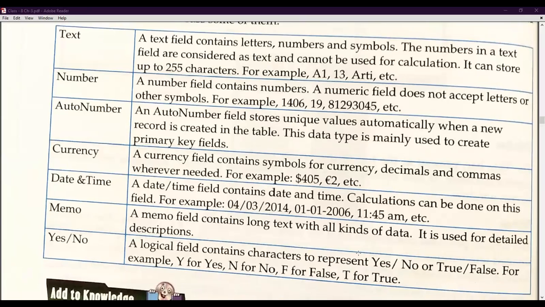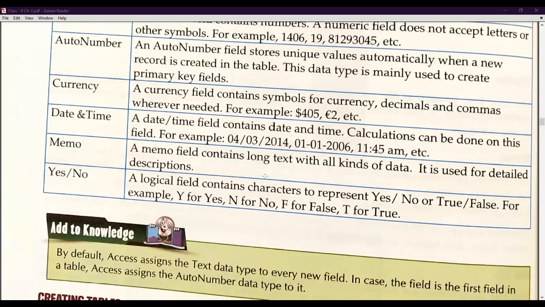Next is date and time. Yes. Once again, if we are creating any kind of real-life application related table, then we will also include date and time. So if we are going to consider date and time, then we will use the date and time data type. It will allow us to put the date, time, months, and the day in AM or PM format also. But calculation is not allowed. Calculation is once again not allowed.